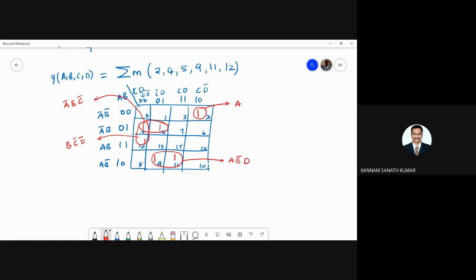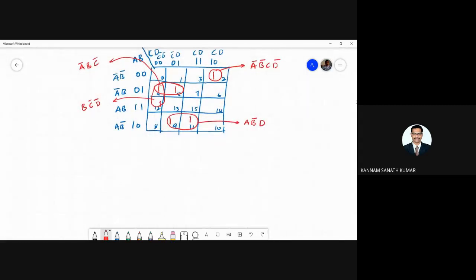So this one you are getting A bar B bar C D bar, A bar B bar C D bar. Okay, so you got all the terms, all the min terms. So minimized min terms. So you can write Y equal to what? Y equal to